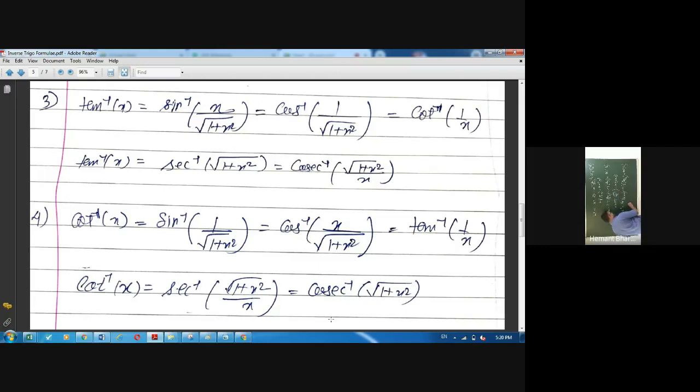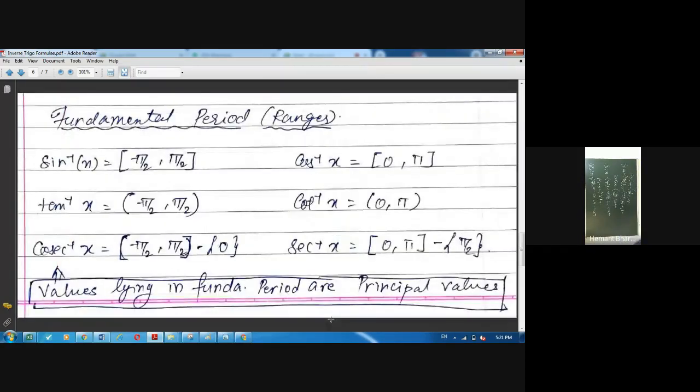Okay, so now my sec inverse of x will become under root of 1 plus x square upon x, and my cosec inverse will become under root of 1 plus x square. Okay, so I hope you are understanding how to remember the formulas. Okay, next,